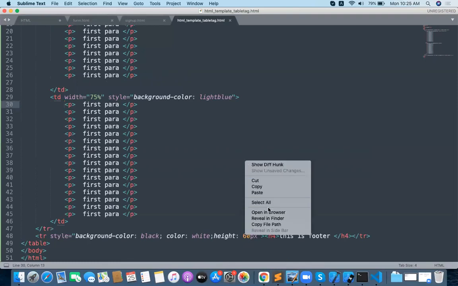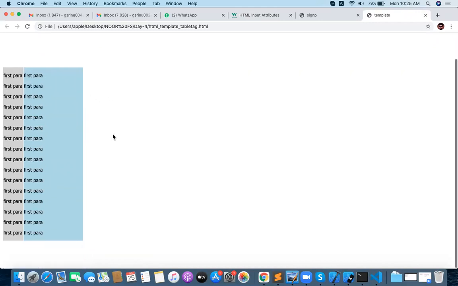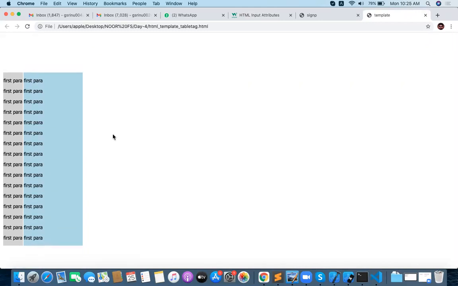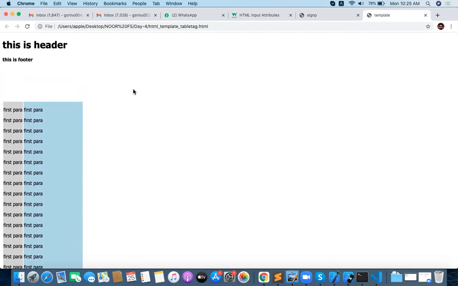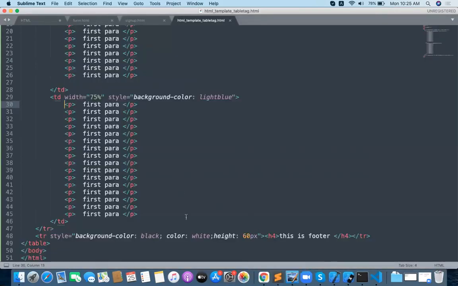And finally, I want to execute this in the browser. So what is the problem here? This is the header, and this is a footer. Footer going top. Where is the footer?